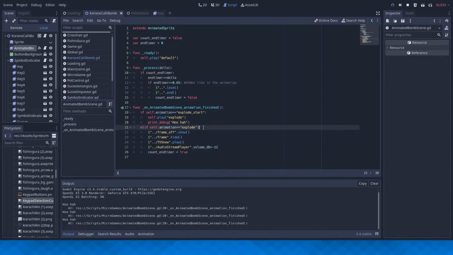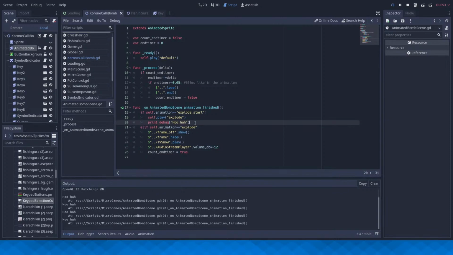So, self.play explode is being triggered. But somehow, this is still going wrong. This is still replaying explode start.